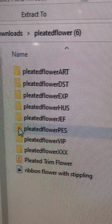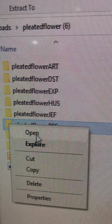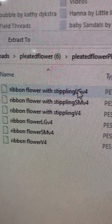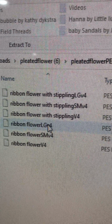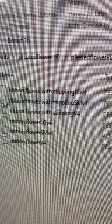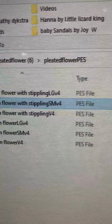So I'm going to click on the one that I have for my machine, which is the PES, and then I'm going to right click and I'm going to open. And then that brings you over here to the designs, and you have three. You have a small, medium, and large with stippling, and you have a small, medium, and large without stippling and a plain center. So I'm going to do the one with the stippling in the center, and I'm going to do the small one, which is the SM here. So I'm going to click on that one, and now I'm going to right click, and I'm going to copy this. And now I'm going to close out this screen,